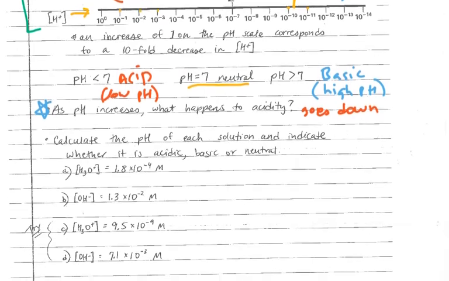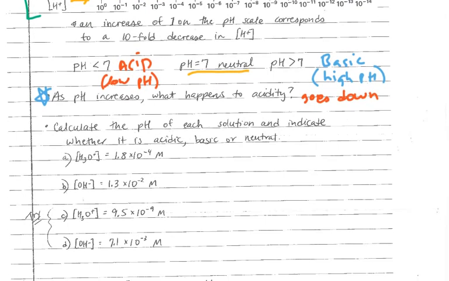So now for some more calculations. These problems give us the concentration of the hydronium ion or the hydroxide ion, and it asks us to calculate the pH of each solution and indicate whether it's acidic, basic, or neutral. So for the first one, for A, it's easy. It gives us the concentration of hydronium ion, so to calculate the pH, we just take the negative log of that. The negative log of 1.8 times 10 to the negative 4 is